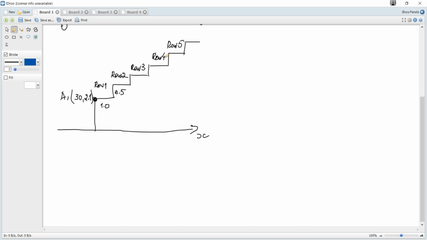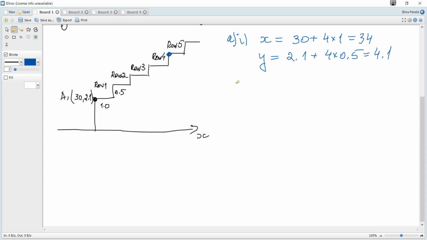Part a(i): write down the coordinates of the front of the foot space of seat A5, 2 marks. So we need just the coordinates of this point. You can see that the X coordinate becomes 30 plus 1, 2, 3, 4 steps, and for each step plus 1. So it becomes 30 plus 4 times 1, and it's 34. And the Y coordinate is 2.1 plus 4 times 0.5, and it's 4.1. And the next question,